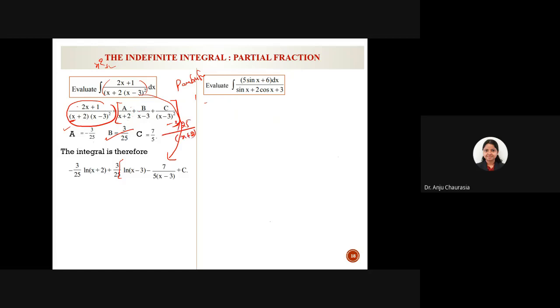Put the a value here, the b value here, the c value here, so that will be converted into something very easy to integrate, because 1 by x is log x. So I told you another method of partial fraction, but that is mostly or widely used when you have